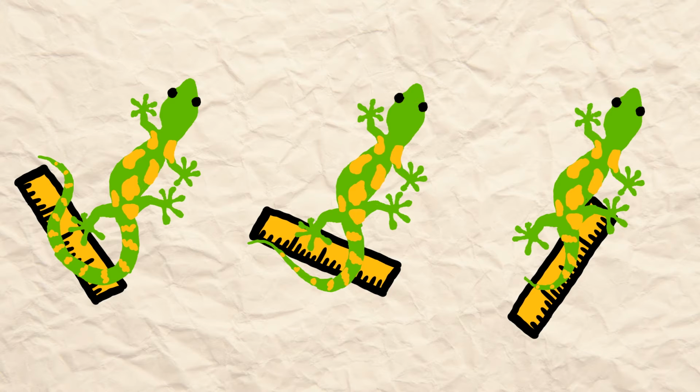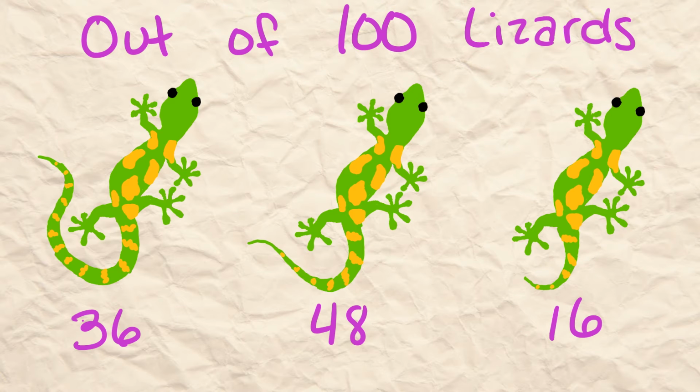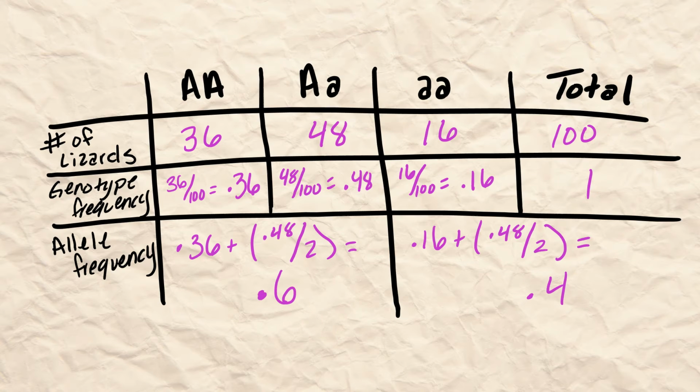Because our lizards are living a relatively good life without any pressure or natural selection, allele and genotype frequencies have arrived at Hardy-Weinberg equilibrium. To demonstrate this, the phenotype, which is a singular autosomal gene made of 2 alleles, of 100 lizards was measured. After measuring all of the lizards' tail lengths, the genotype frequency was able to be determined. Since we already knew how the genotypes related to the phenotypes, we were able to use the genotype frequency to